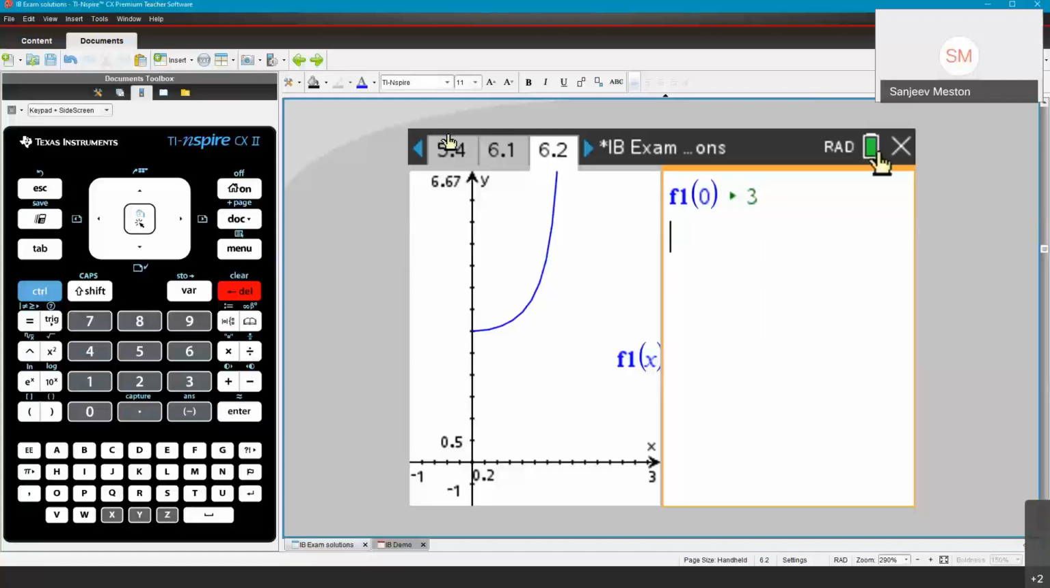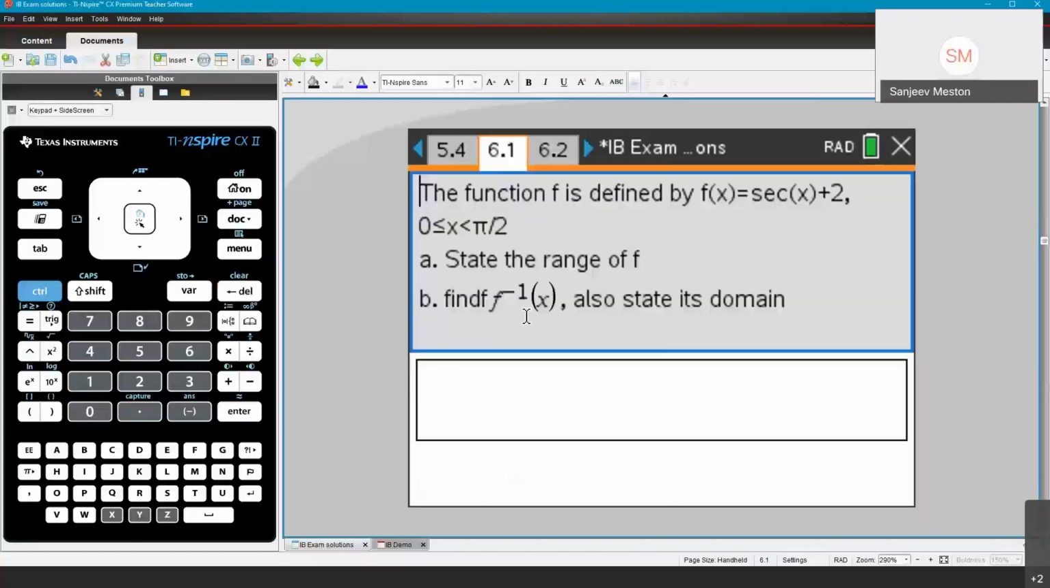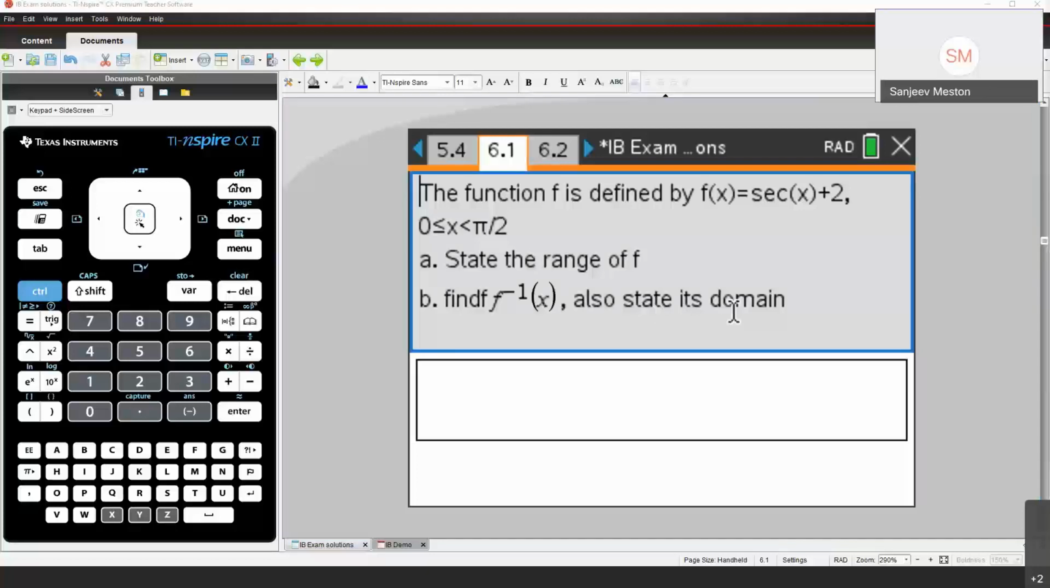And then what was the other part of the question? Find the inverse and also state its domain. So we do know that the range of the original function will become the domain of the inverse. And because we are hard pressed for time,